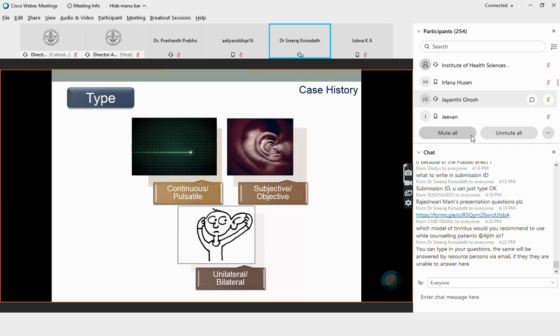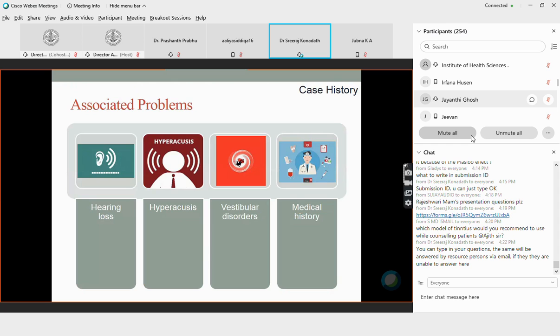You also have to ask if the tinnitus is unilateral or bilateral. Here, a point you have to remember is that unilateral tinnitus is generally more dangerous than bilateral tinnitus. Why? Because unilateral tinnitus can be associated with a tumor also, or any such conditions that can happen in the auditory system. So that component you have to remember. You have to consider unilateral tinnitus as the most urgent thing to be treated compared to bilateral.